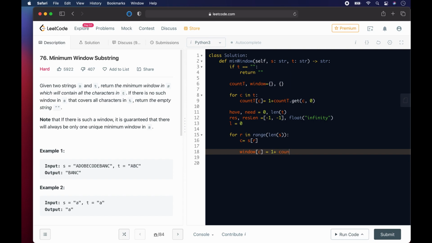So we initialize it if it's not there, but if it's there we just take the value and we add 1 to it, right? So we say count, no, it's actually window, not count, right? So it's window, spell it correctly, window dot get, and what we want is c, and if it's not there we want to initialize it to 0, right? So basically we do that, and